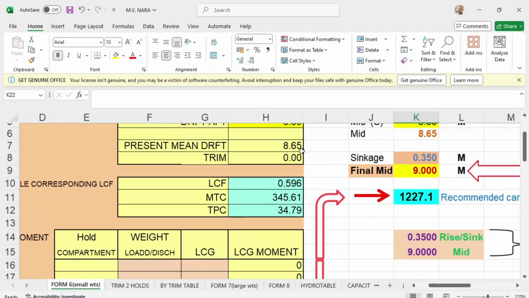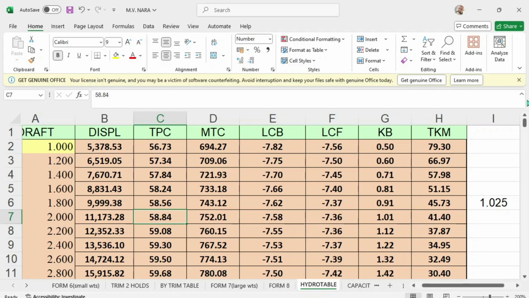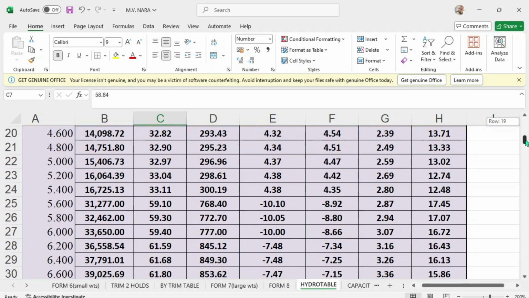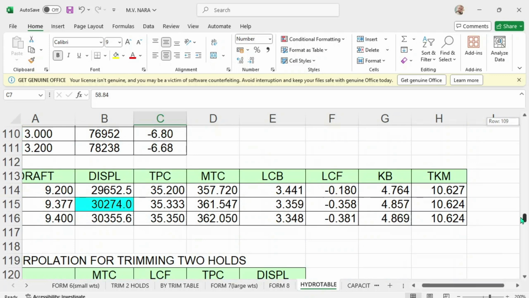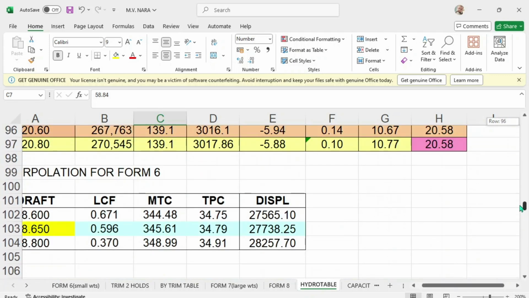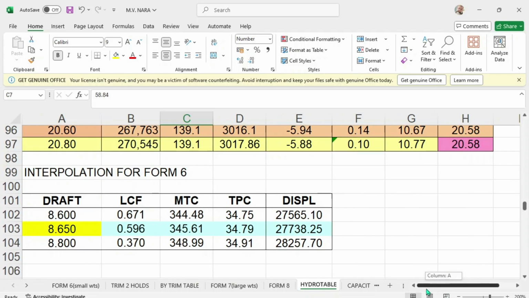Once you have this draft of 8.65, you go to the hydrostatic table, for example. Then you scroll down and look for form 6, which is this one, guys.